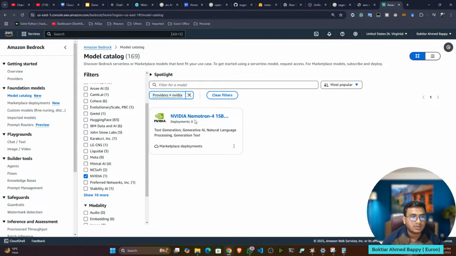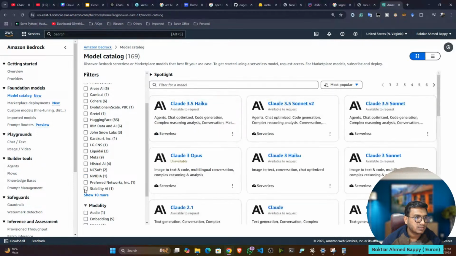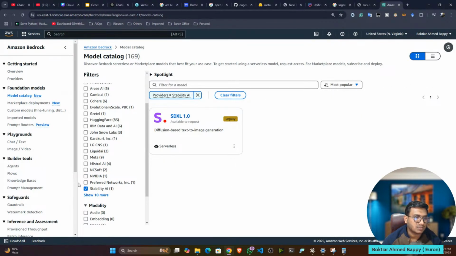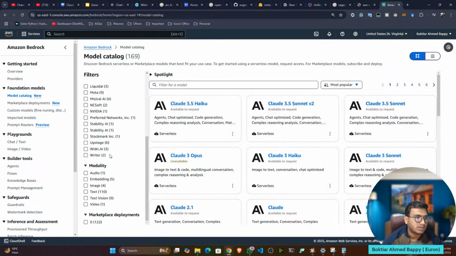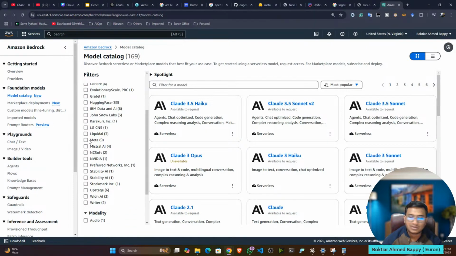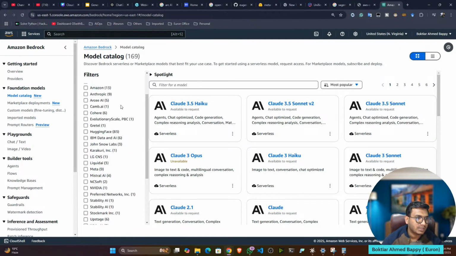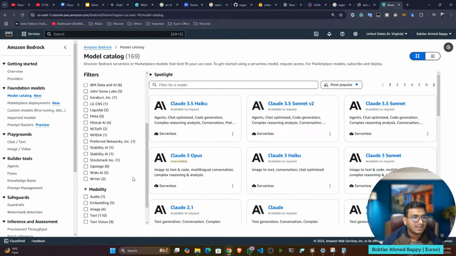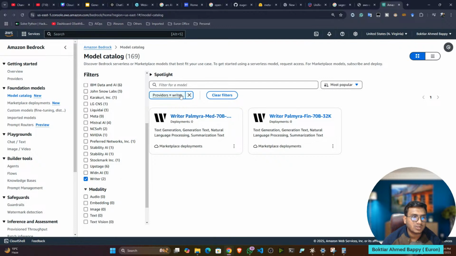Have you heard of this model, NVIDIA Nemotron 15 billion model? This is one of the amazing models from the NVIDIA side. Then Stability AI, this is also one of the amazing models. Then you have this one also. See, that's how you can also do the show mode, and different models are coming. Even when I opened this Bedrock last time, there were very few providers, but now you can see there are so many providers. They have also collaborated, and these are the new providers, new models. Even I'm seeing them for the first time today.